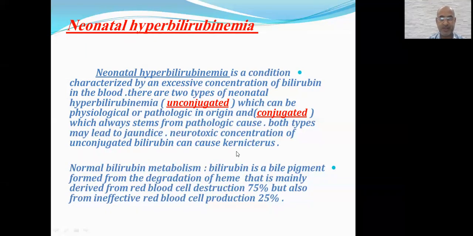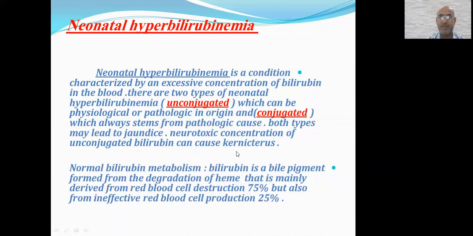And why does this happen? Of course, for a few causes that we can mention later. So bilirubin is the net result of the RBC breakdown,